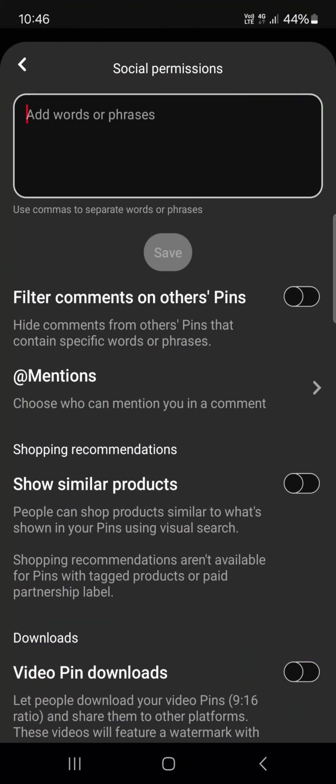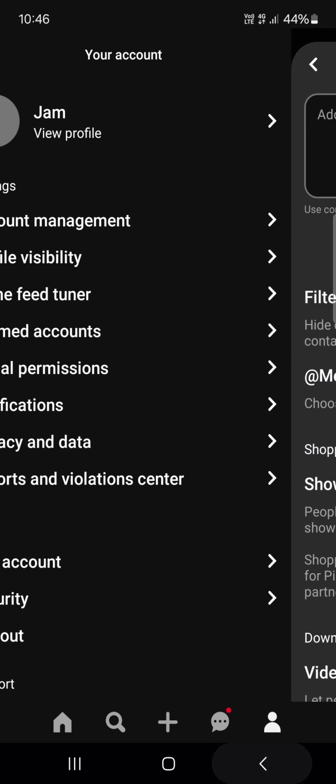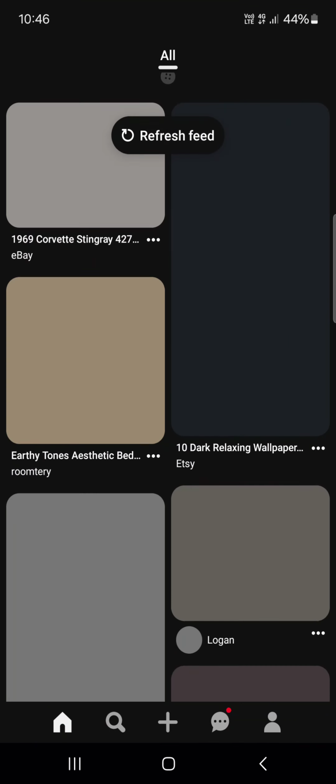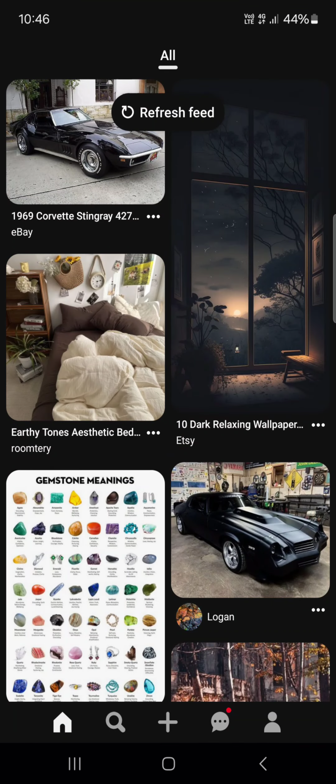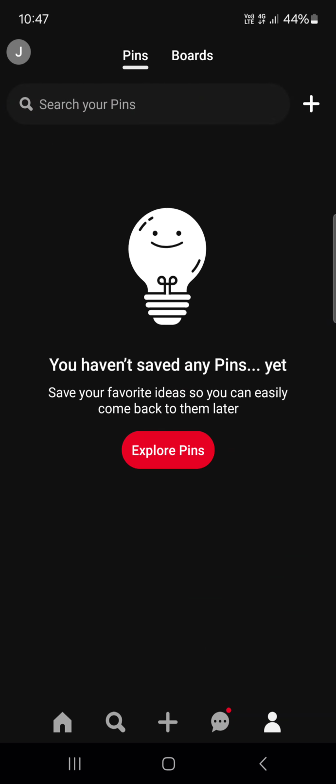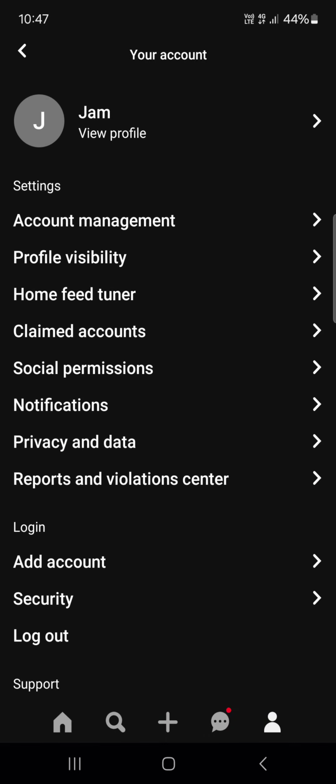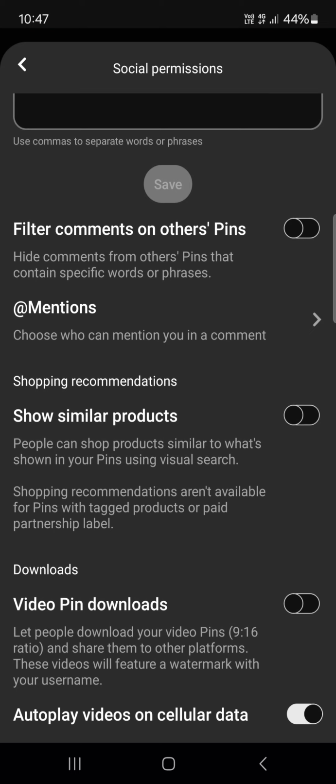First you have to open up the app, and here it opens up in the home menu where we have some pins. From here we just go into the profile menu like this. Then we tap on social permissions. Then we scroll down to the bottom, and here at the very bottom we find autoplay videos on cellular data. We can turn this off,